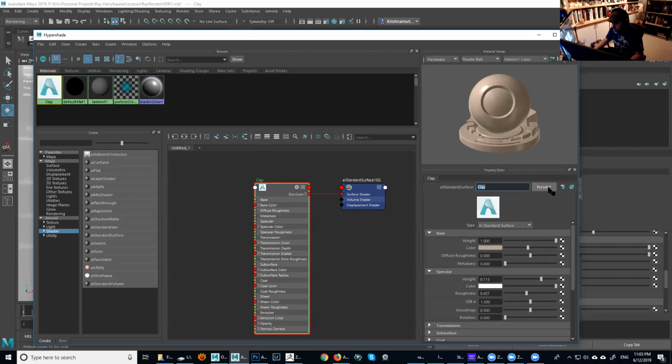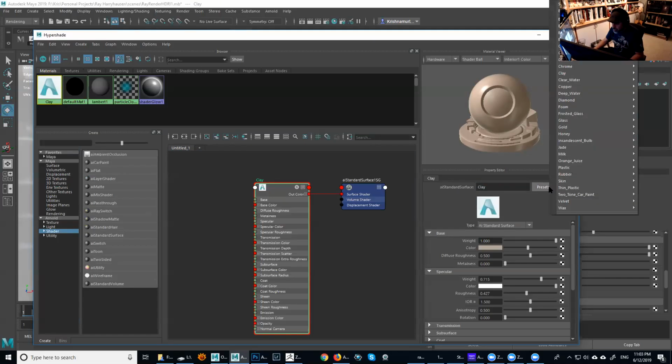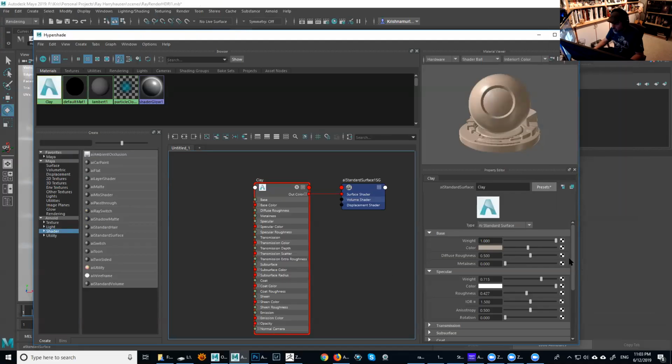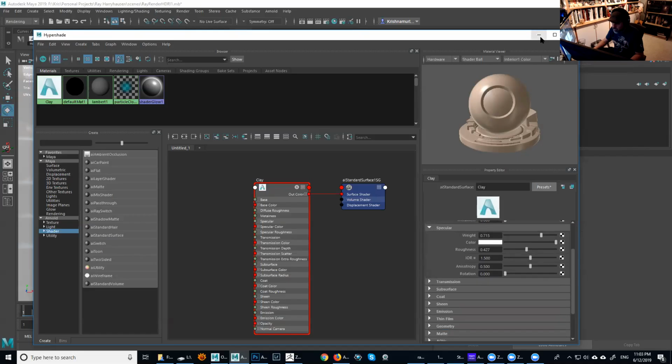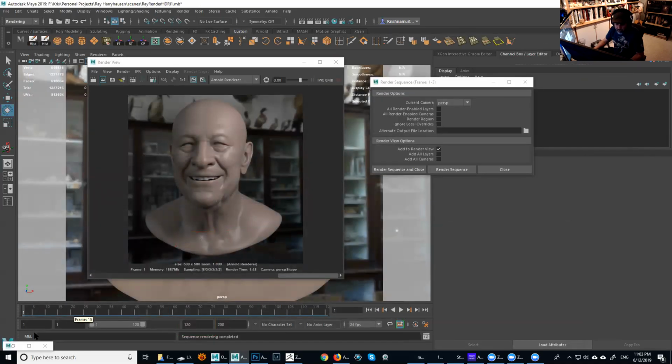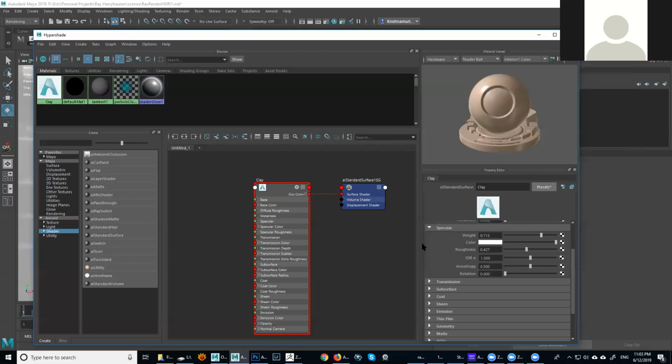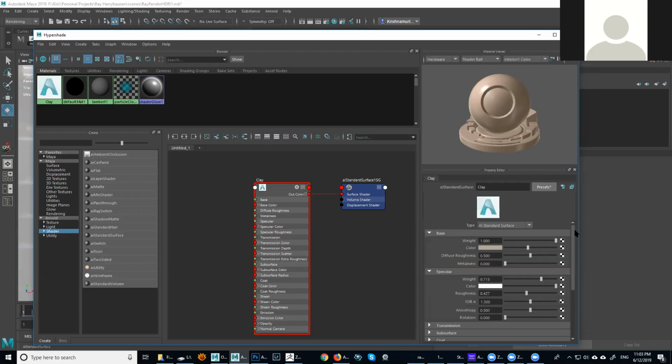And then I started with a preset here, and I just started with this clay preset, and then I just tweaked all the values in here to get something similar to what we have here for the skin. But obviously, I'm sorry. We will receive this video to have time to practice how to build it.